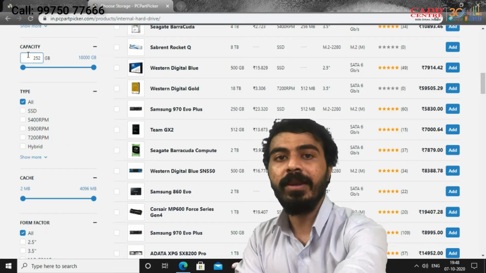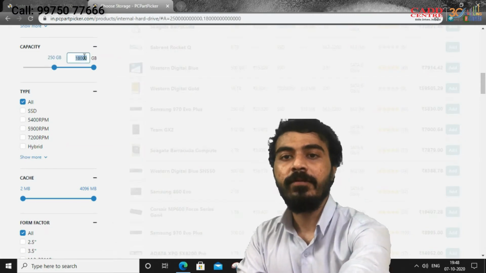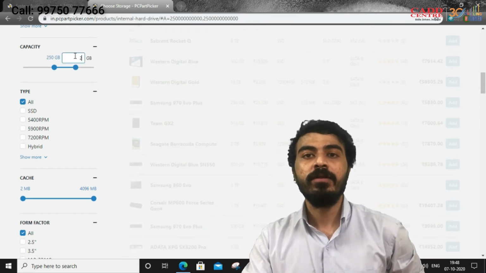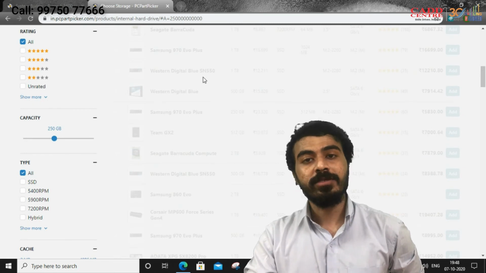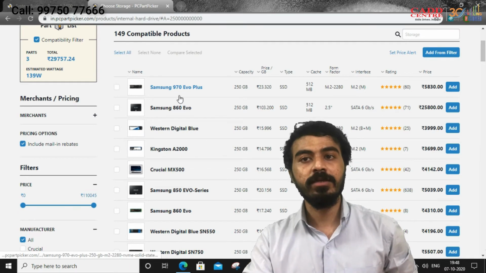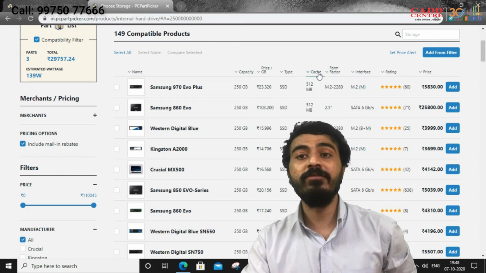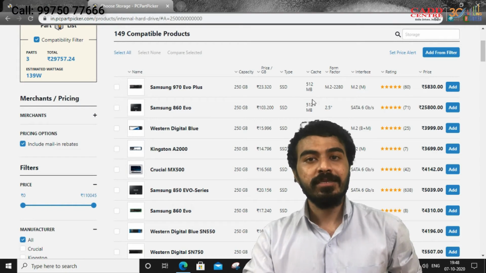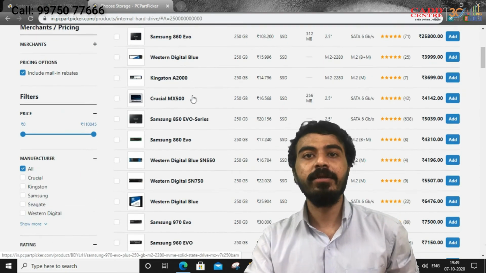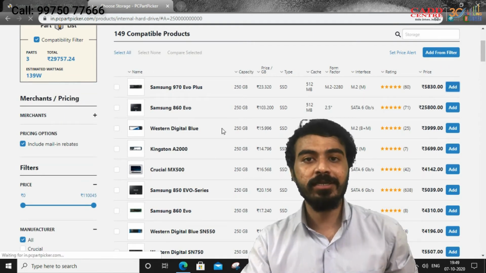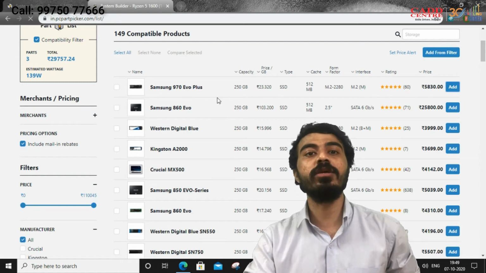Apply the filter over here, and Samsung 970 gives you capacity up to 250 GB, SSD type, with cache memory of 512 MB. So this is the best SSD for us. Just click add, so you can use this SSD for operating system installation and software installation.